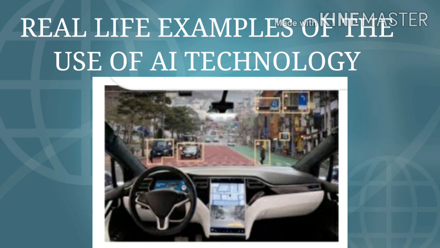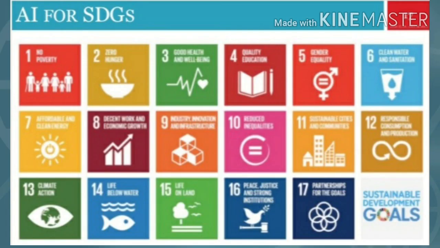These are just a few examples of AI. You can see different examples in your surroundings. So just go through your textbook. Please read it. There is also a worksheet on page number 22, so you have to complete that. Before that, you have to read all the 17 goals of sustainable development and then do the worksheet.